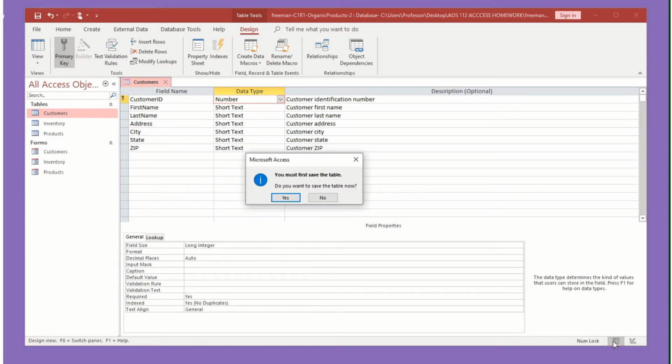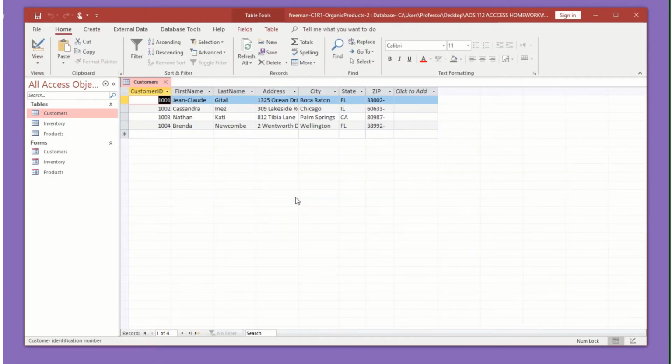So I'm going to come back down here. And it says you must save the table first, so I must have clicked in something that it says I want to change, and I'll say yes. So when you create a table from scratch, you will have to save your table after you enter your field names and choose your data types. But as you enter records, or even if I change this record, I think that's one of the things that we're going to do in this exercise,